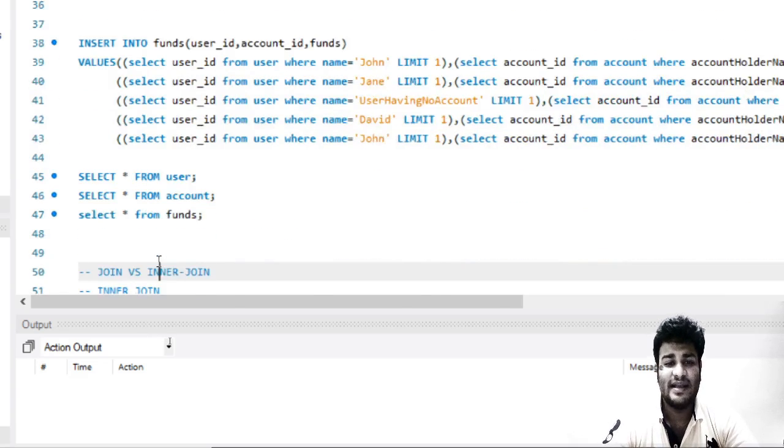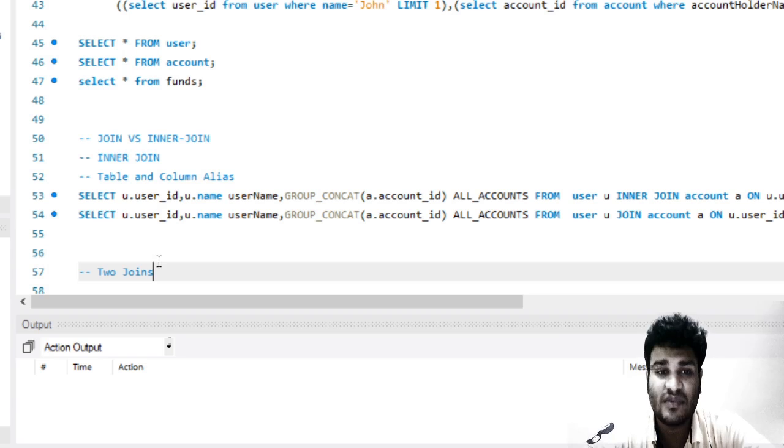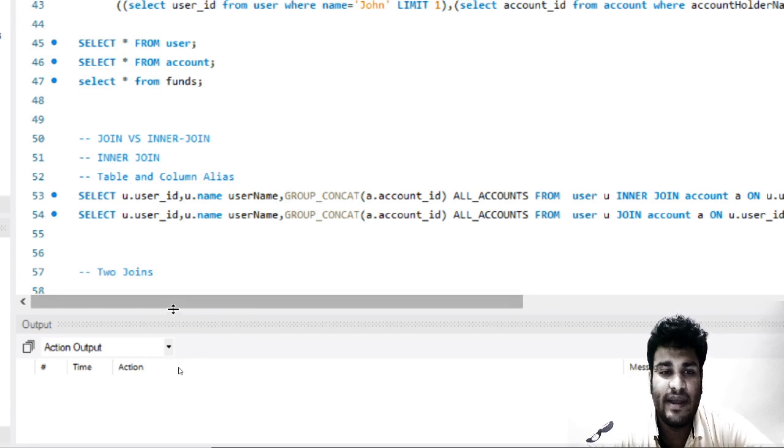Now the next part is I want the account numbers of all the persons in the user table and their associated accounts, right? And we have already seen that we have to make an inner join. We need another column by the side of the user table so that we can see what all accounts are associated to a user, and that's why we want a horizontal attachment, and that's why we will be using joins.